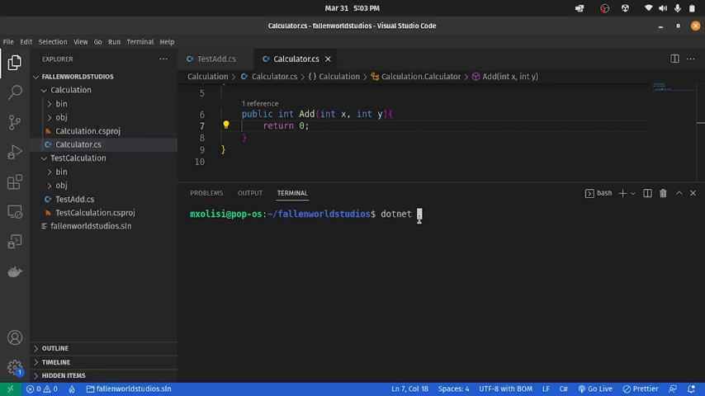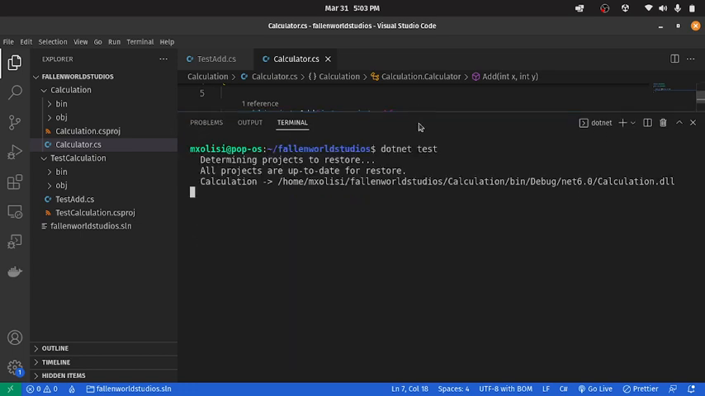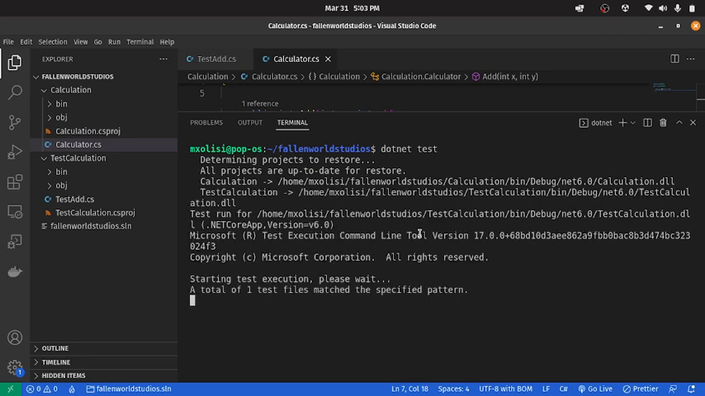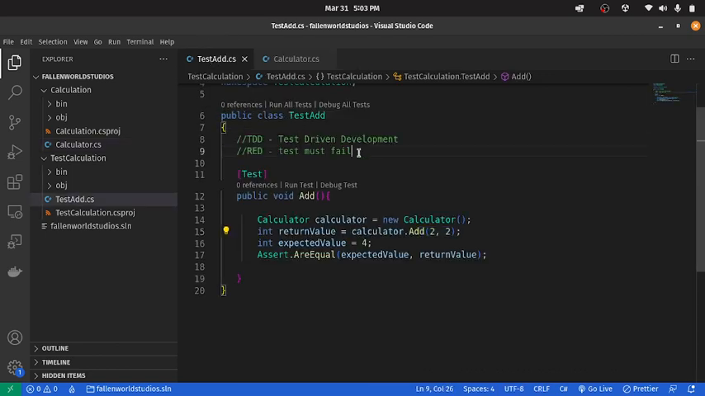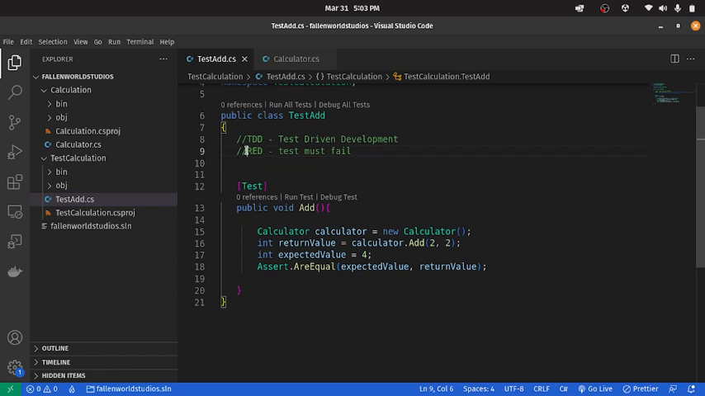So we're going to run dotnet test. As you can see, expected 4, but our method returned a 0, so the test has failed. This is good. Now what we need to do is implement the second step. This is the first step, the red step, which says the test must fail. The second step will say